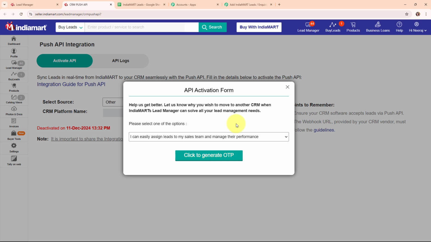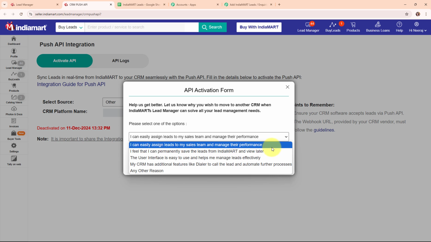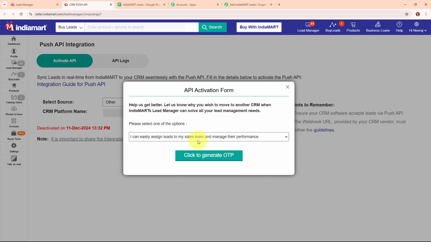and then here it is asking me to select the reason that why I want to transfer my IndiaMART lead to any other CRM. So here by clicking on this drop down menu, you can see some random reasons available. So here I'm going to select a particular reason that says I can easily assign leads to my sales team and manage their performance. So this is the reason, and then I'm going to click on this click to generate